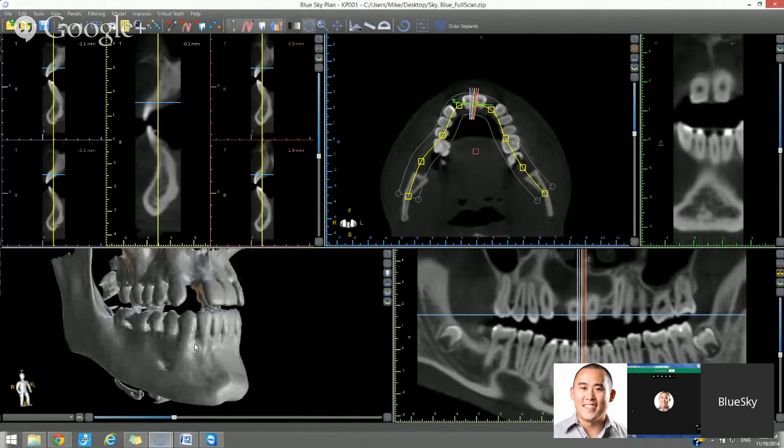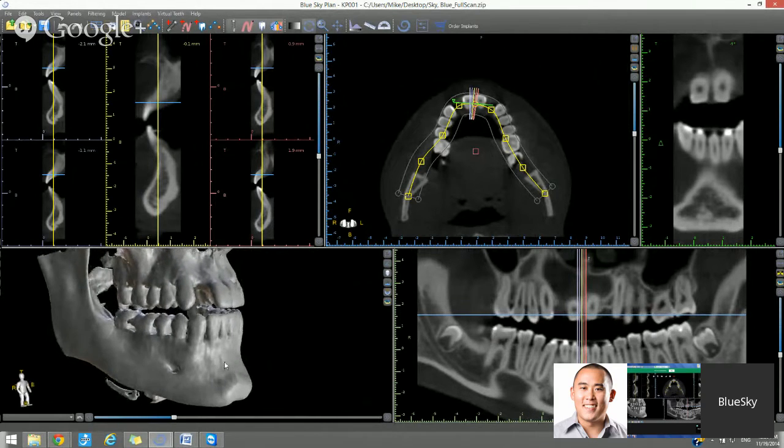Okay, let's discuss placing an implant and how to go about doing that. Oh, you know what? Before we do that, let's discuss drawing a nerve and how to do that, because if you're planning a mandibular case, obviously you want to have the nerves marked and indicated, because that's going to affect your implant placement. The way to add a nerve is by pressing the plus button here with the squiggly line